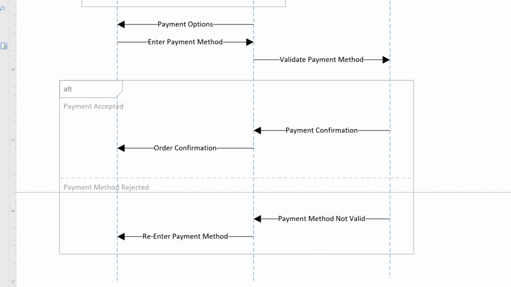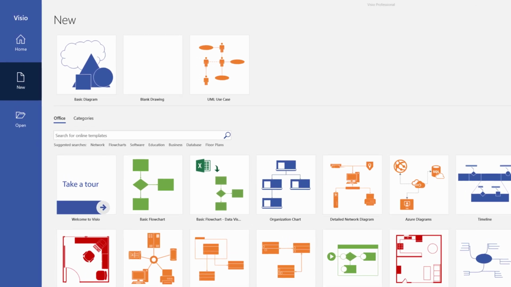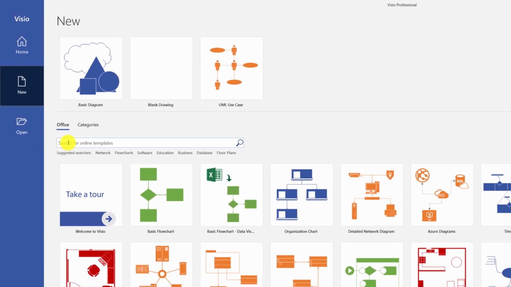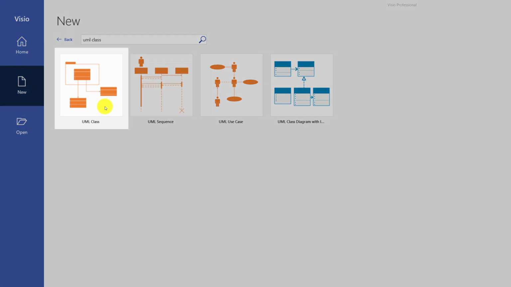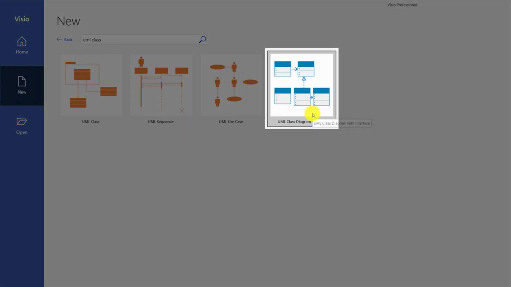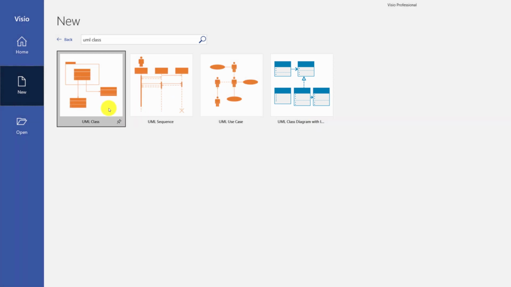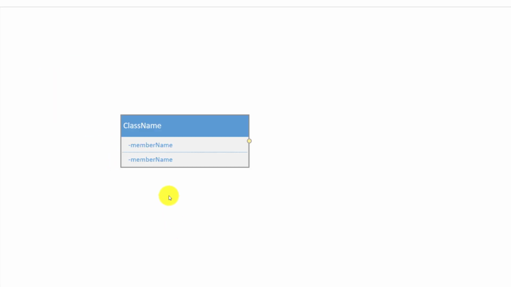payment information. The best way to jumpstart a UML class diagram is to use a provided template. If you search for available templates, Microsoft Visio provides 2 templates for UML class diagrams. One is just a simple UML class template, and the second one is UML class with interfaces. Depending on what you're trying to build, you can choose either template. To start building a class diagram, all you need to do is bring in the stencil and start populating the members